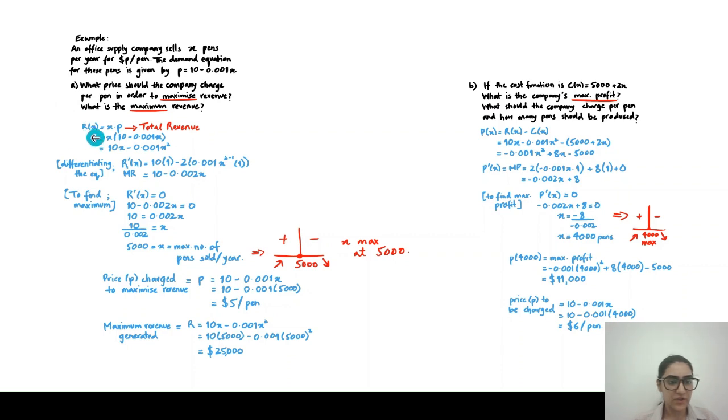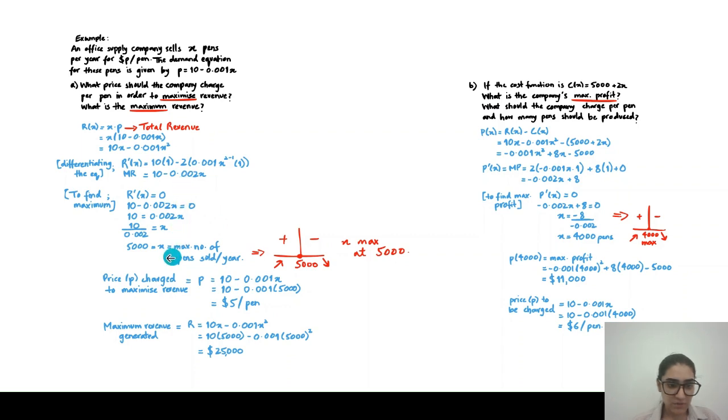Here we have our revenue, as we implied before. Revenue is equal to x units multiplied by price, which is our total revenue. Here we have the demand, or the price equation. We put it in and multiply by x to find the revenue equation. We get 10x minus 0.01x squared. We differentiate the equation to find the marginal revenue. Differentiating gives us 10 minus